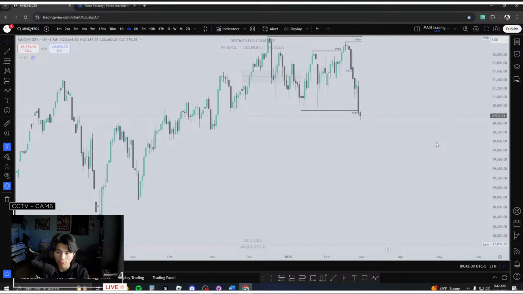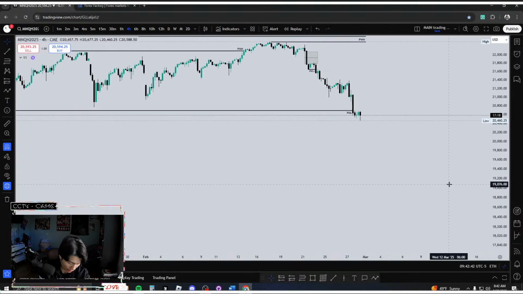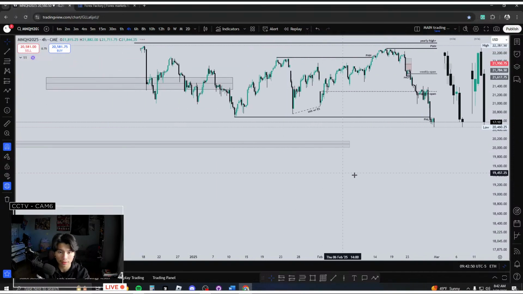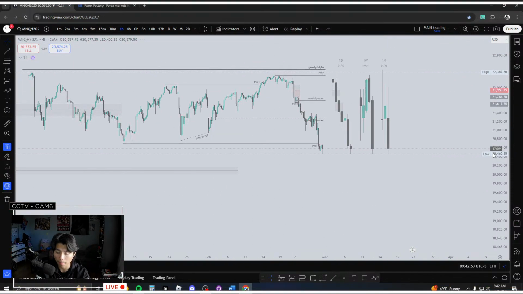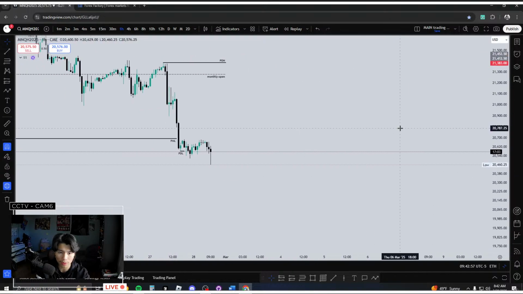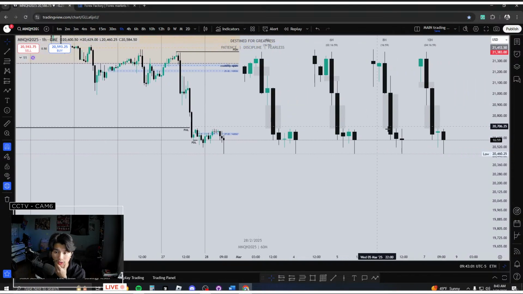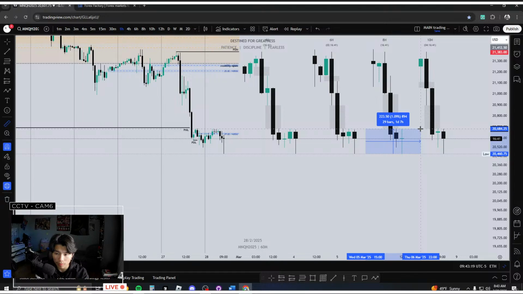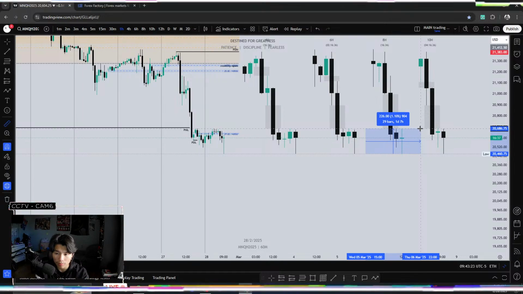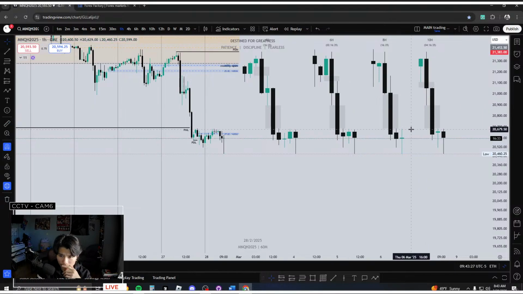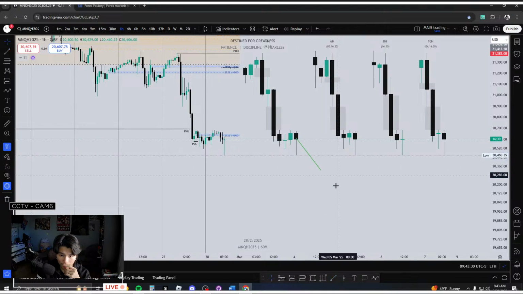All right, so we still have about 18 more minutes left until the closure of this 4-hour and 8-hour candle. So for right now, I'm just going to wait until we can actually close here. Trying to see, once we close here on this 4-hour candle and this 8-hour candle,